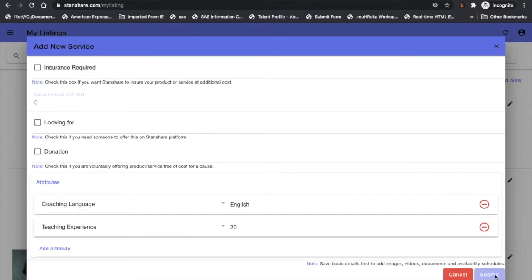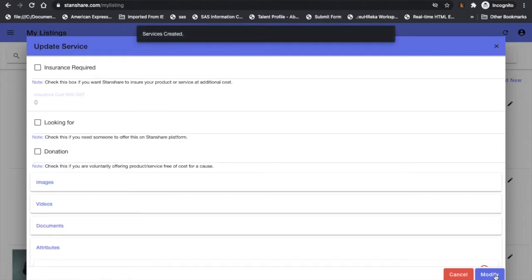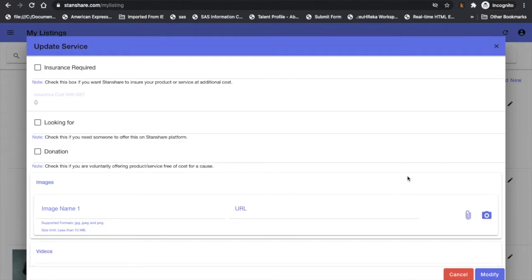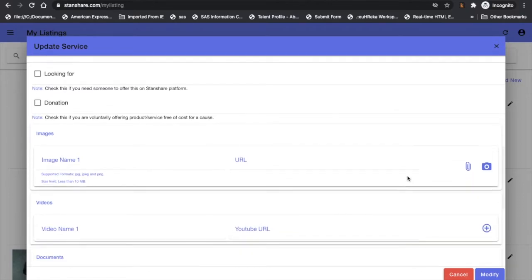Now, one thing you must have observed is, okay, when do I offer the service? And you definitely want to provide some pictures or graphics that talk about what kind of things you are providing, or say if you're a doctor, you need certain licenses. So that comes in this stage after you click save. You can upload a document, but you need to name the document first. Say I can say, teaching